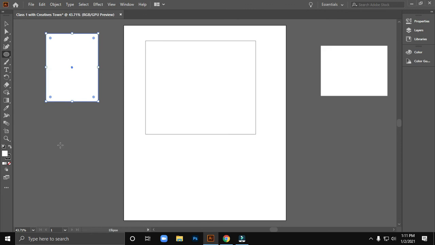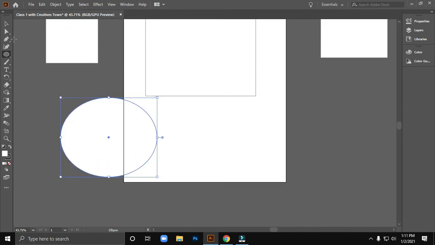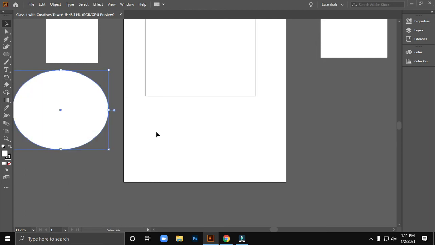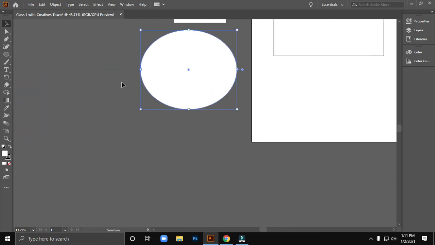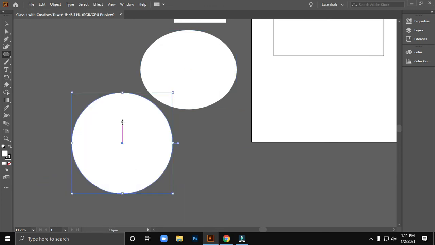What does the ellipse tool do? If you click the left button of mouse and drag, you will find a circle like this by ellipse tool. If you want a proper circle, then click the ellipse tool, hold the shift key and mouse left button, drag it, and it will create a proper